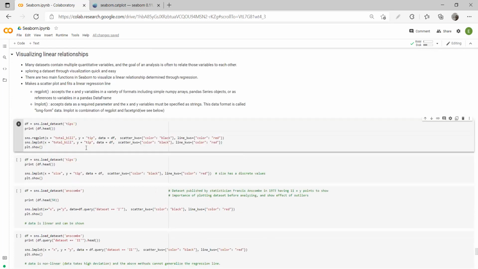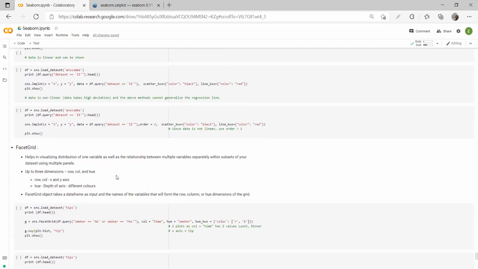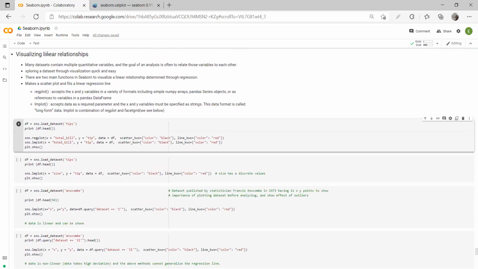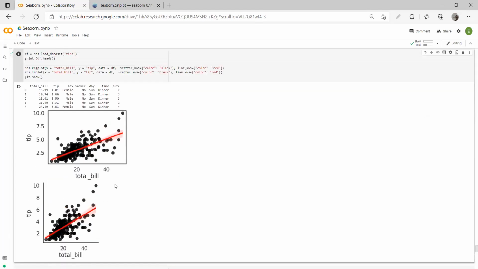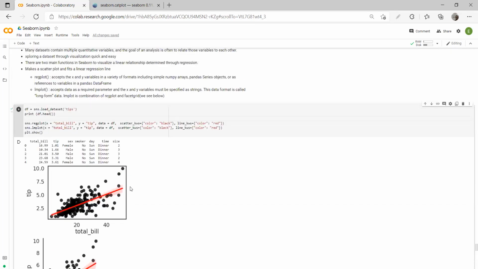Okay, visualizing a linear relationship is not that important. But since I am covering everything in depth, let's cover it. These are the things that are not important. Once I have done this, I will go through the entire notebook and say what is important and what is not, what you should read more and what you should not.